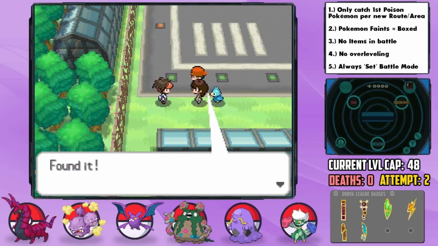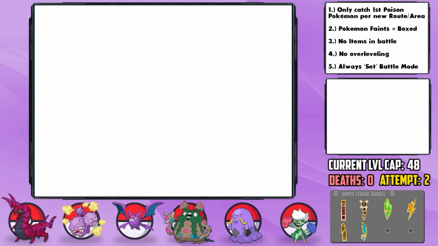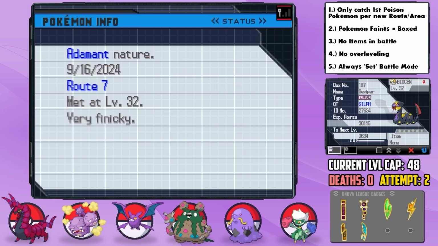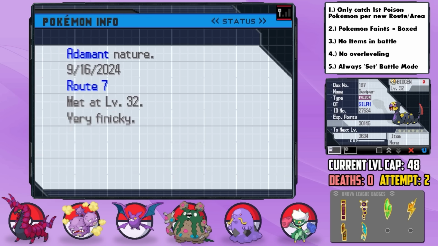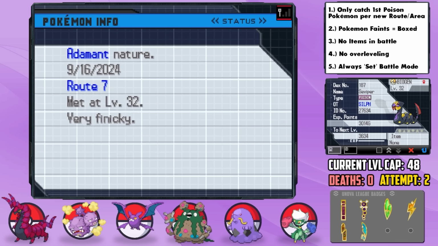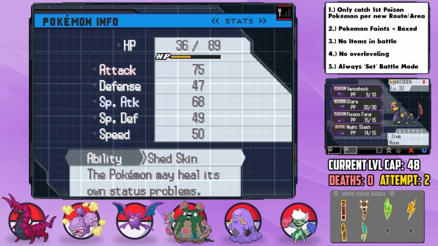That actually scared me. On Route 7 north of Mistralton, we can get our next encounter, a 5% chance to find Seviper, which I nicknamed Biogen. Checking its nature, Adamant, a stellar mixed attacker with 100 base stats in both attacking stats, and we get +1 and minus the other. Oh well, we should be able to make it work as I really want to make